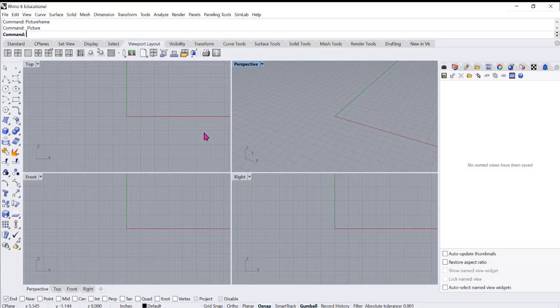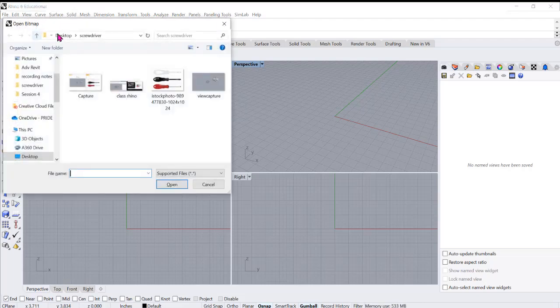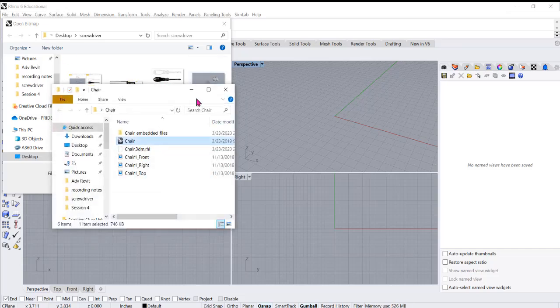If you ever get to use Rhino 5, this is a new command that, as I was mentioning, in Rhino 5 is called picture frame, but now in Rhino 6 is only called picture. So you will type picture, and then it will open up a folder where you can navigate and find the location where you want to retrieve those images from. So I'm gonna just paste the location of that folder,